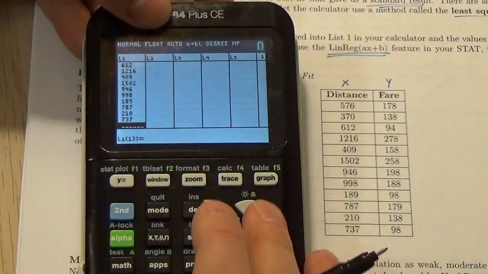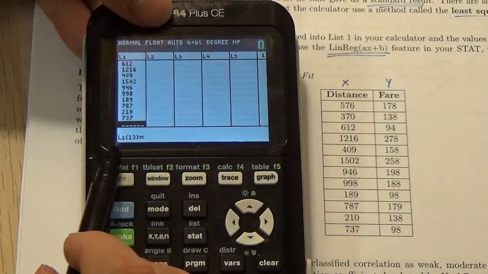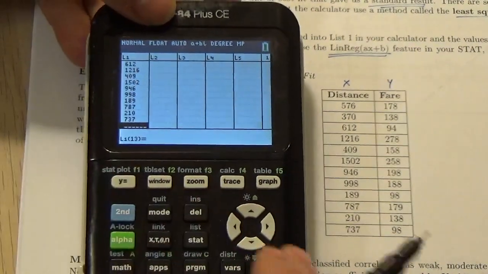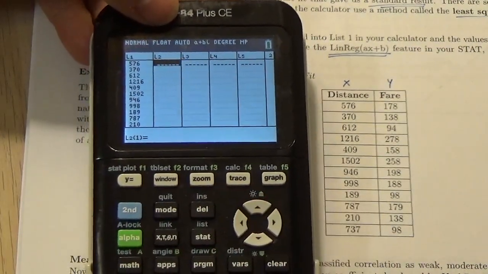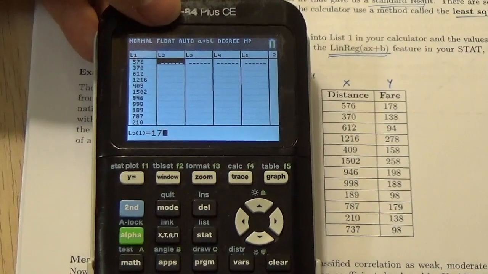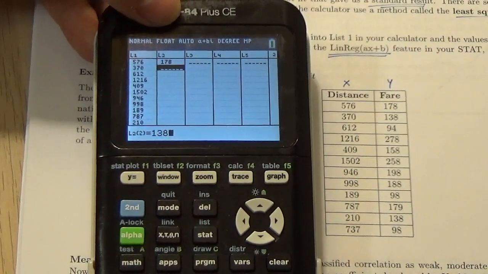Okay? And I can see that it's waiting for me to enter the 13th data value in, so I know that I've entered 12 in there. And that's important, just to make sure that I'm doing this consistently. So now 178, 138,